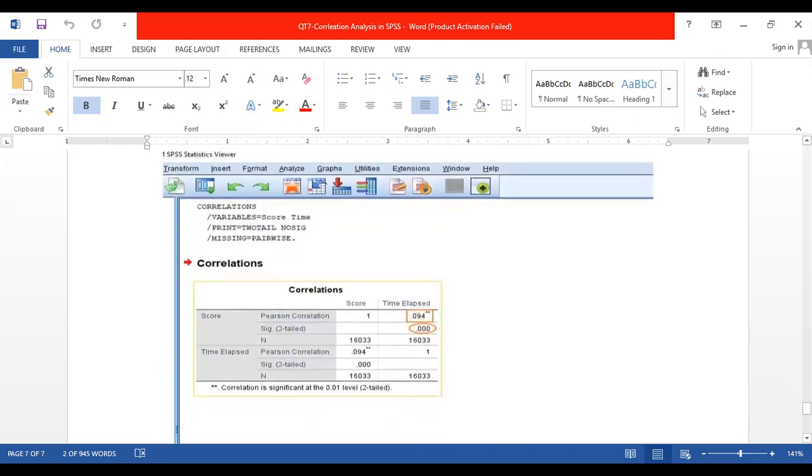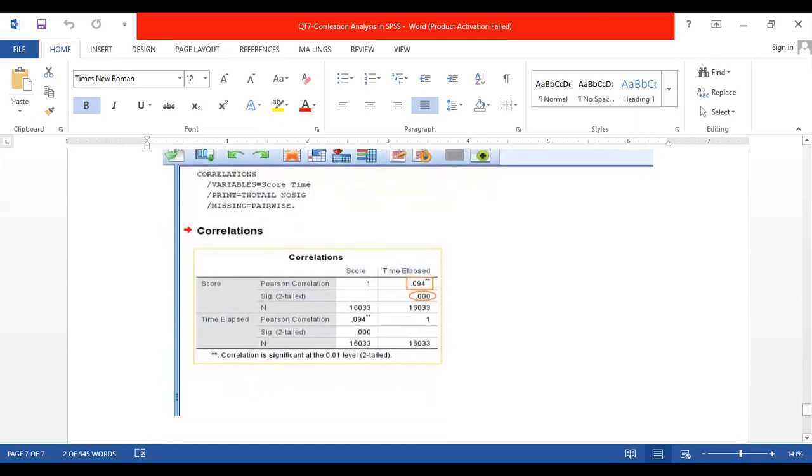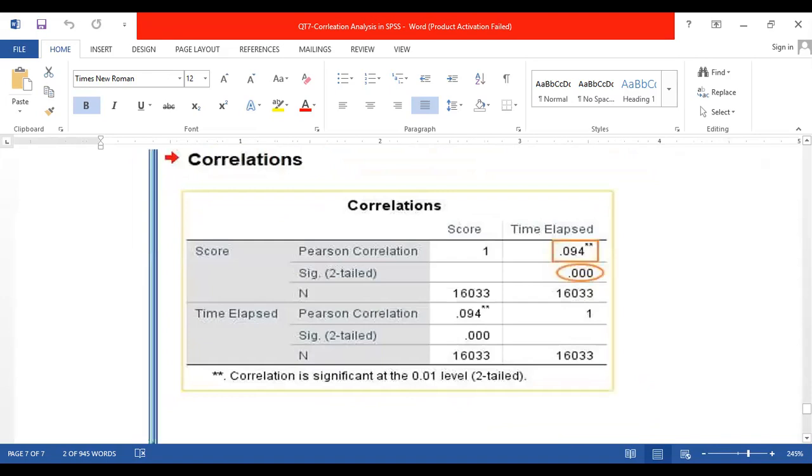This is basically an output window in SPSS software, with the title Correlations. We can see a correlation table, similar to the other example that we discussed earlier. This is our variable called Score, and the time spent achieving that score. The Pearson correlation between Score and itself is one.